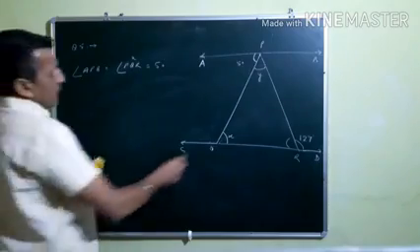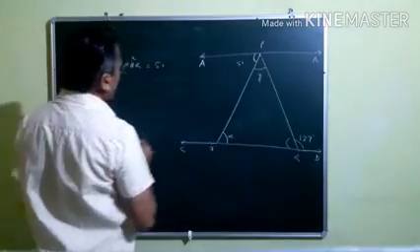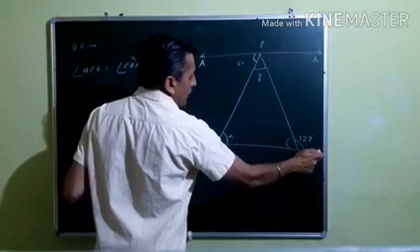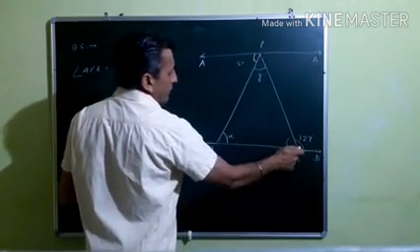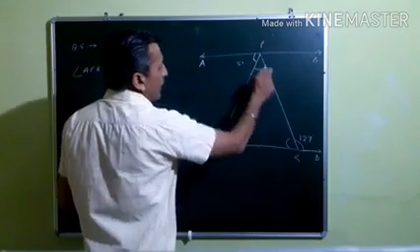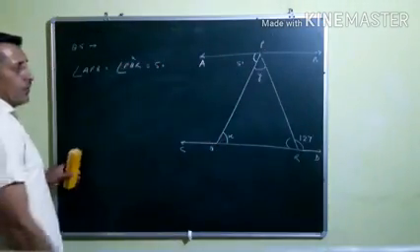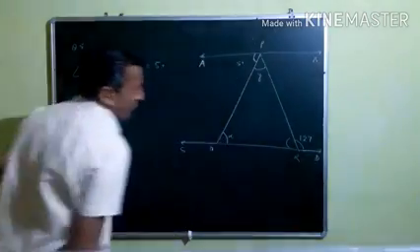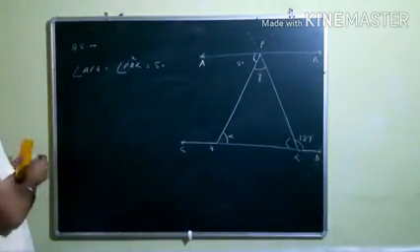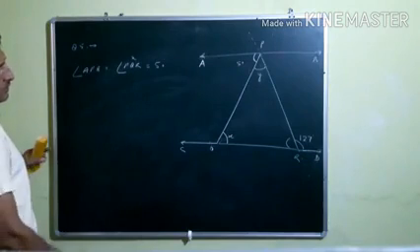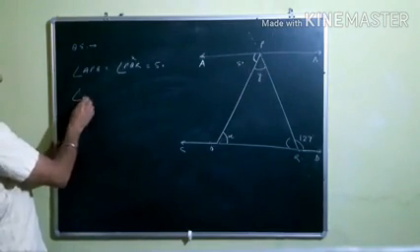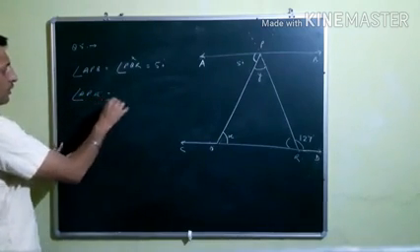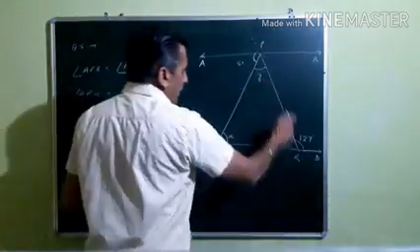Now, if you want to find out this second part, Y, once again I am going to use the same concept. In this case, PRD is one of the angles, and the second angle I am going to use is RPA, this one. Once again, this is your transversal. It will be extended like this. Then it becomes your transversal, and lines are, once again, parallel. So once again, you can use the same concept. So in this case, as we know, angle APR is equal to angle PRD.